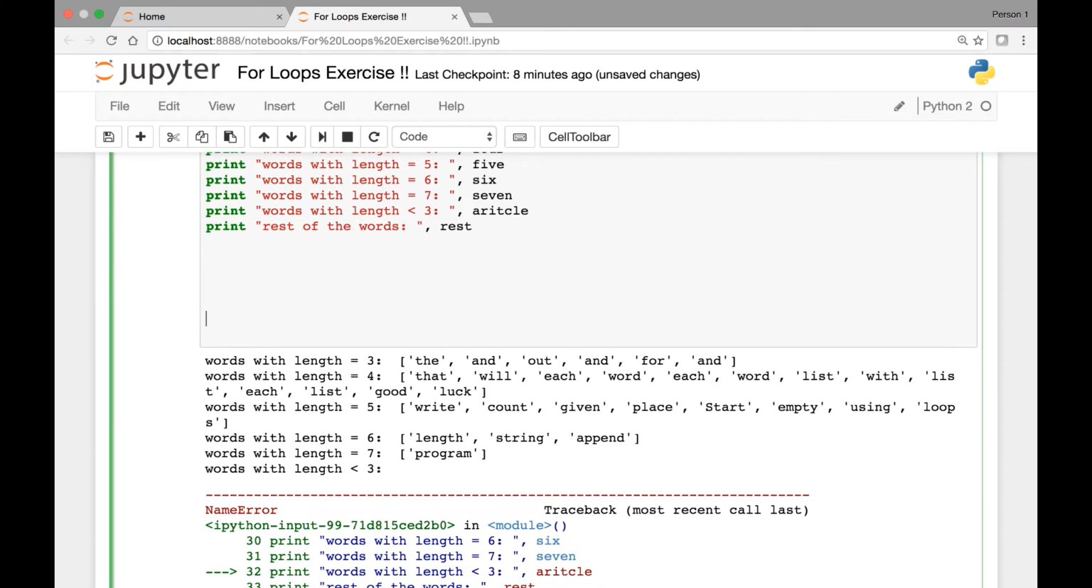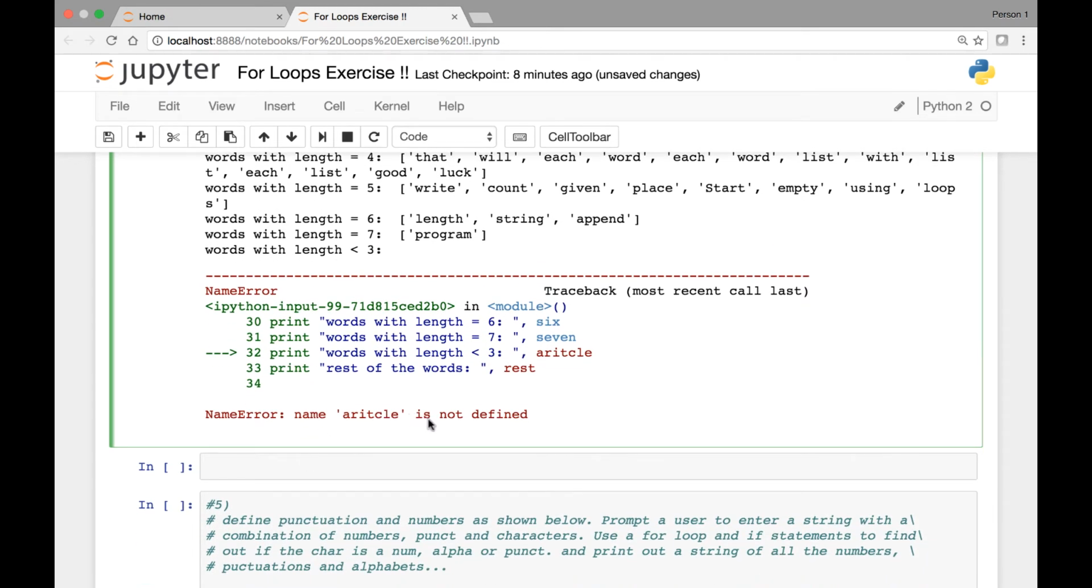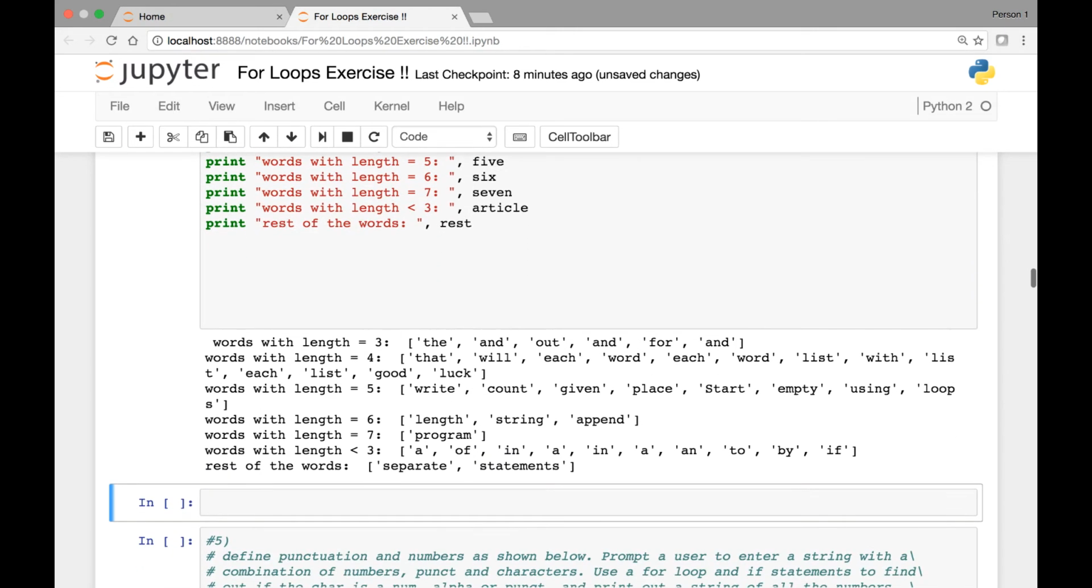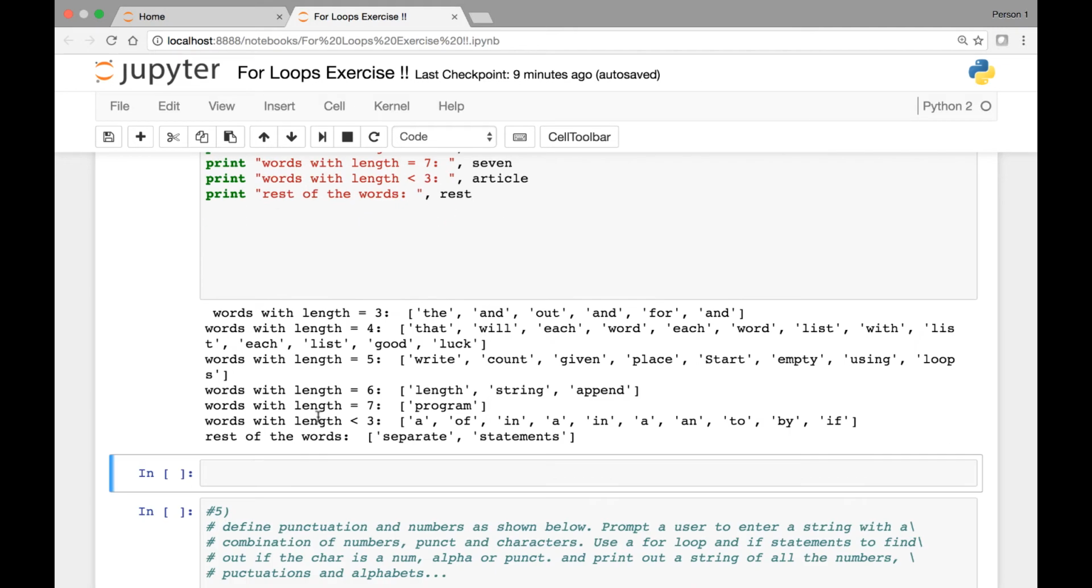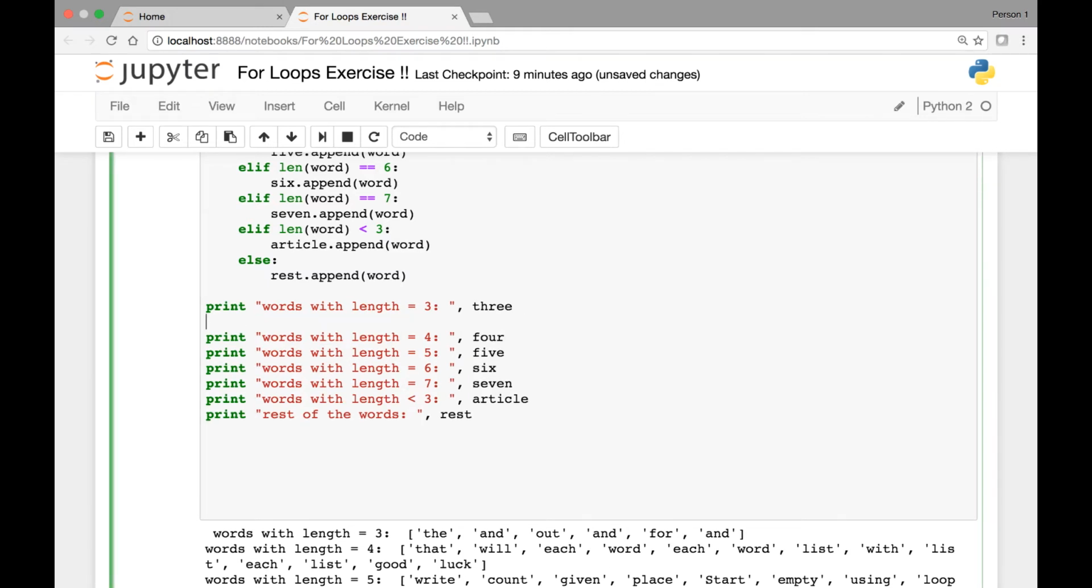Okay, we have our list. We have article is not defined. Oh, so this is misspelled article. Let's run it again. Okay, good. Words with length 3. We have that list. Words with length 4. Words with length 5. 6, 7, less than 3, and rest of the words. So this looks good. Another thing we can do is we can include a line break between each of these lists